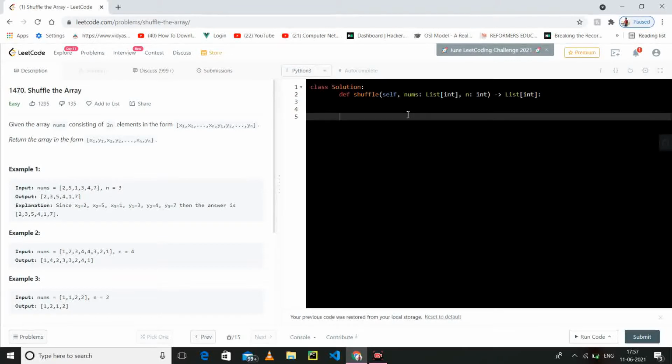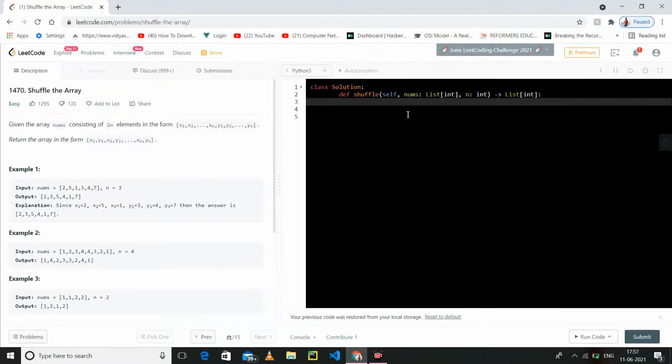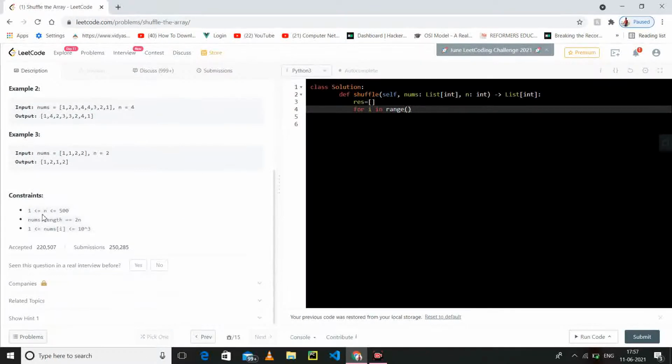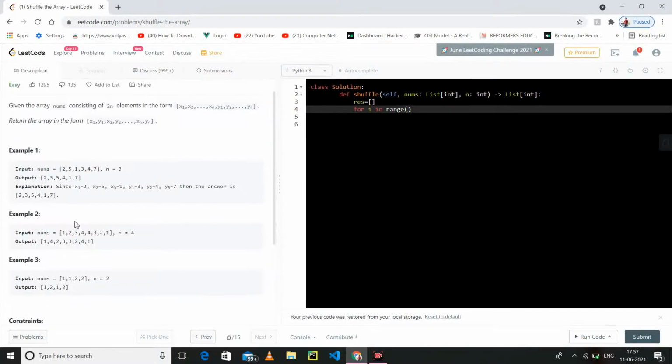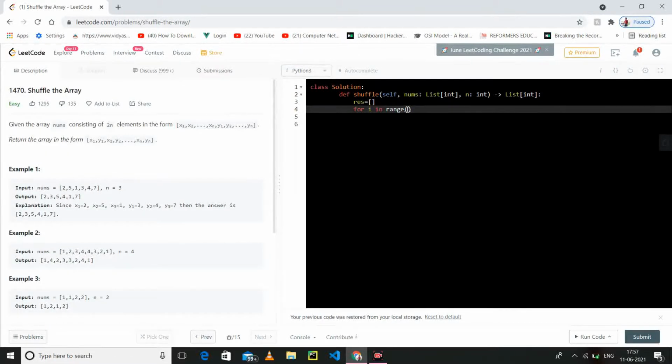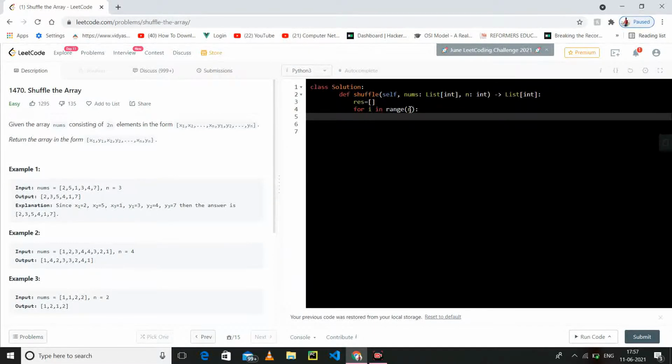So what we will do, we will create a result array. The length of nums is always 2 into n, which means it is a multiple of 2, so we can run our loop through n.